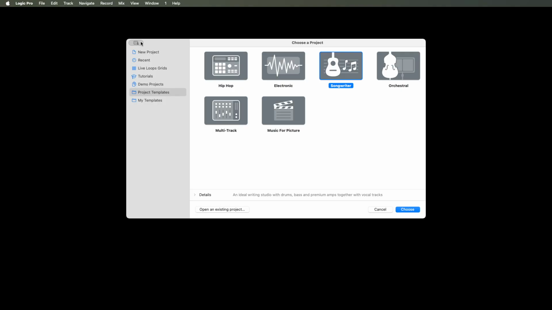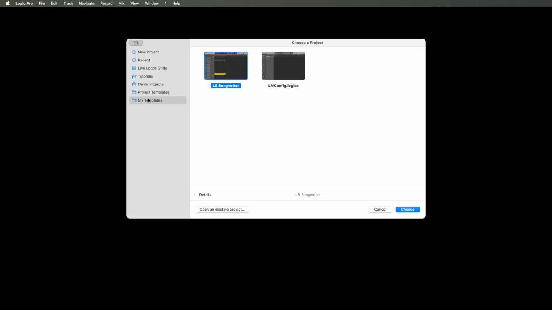Choose a project. I'm just going to do VO home. Table. Row 7 of 8. Interact with that table. Row My Templates. This time we want to go to My Templates. And when I hit VO J, in collection, you see LB Songwriter is one of the options here, along with the LM Config template,